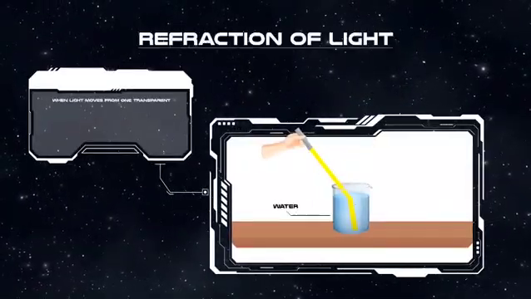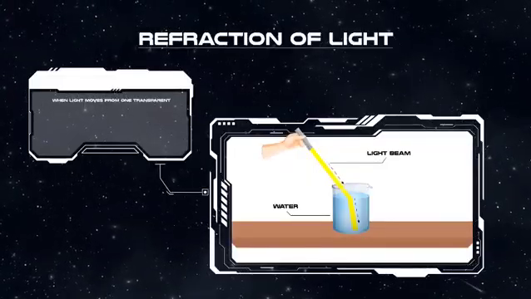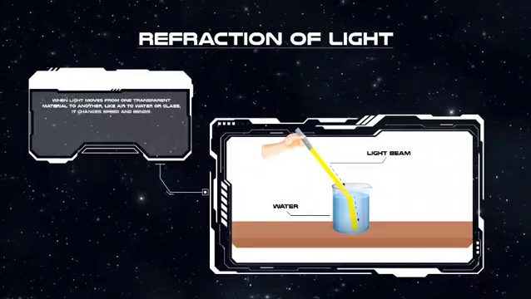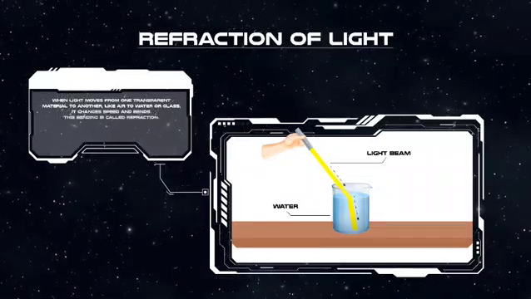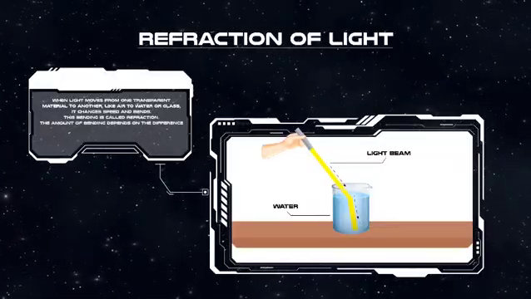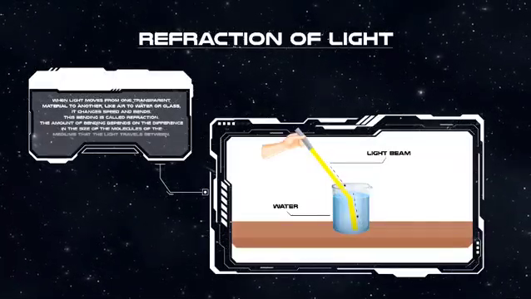When light moves from one transparent material to another, like air to water or glass, it changes speed and bends. This bending is called refraction. The amount of bending depends on the difference in the size of the molecules of the mediums that the light